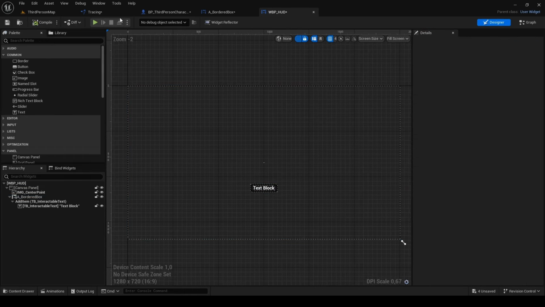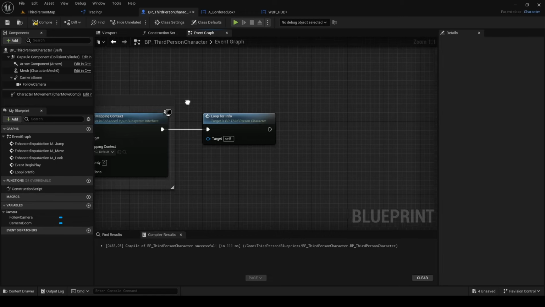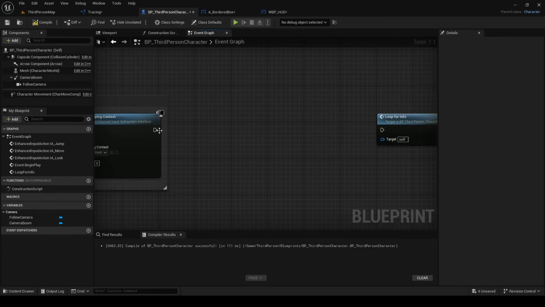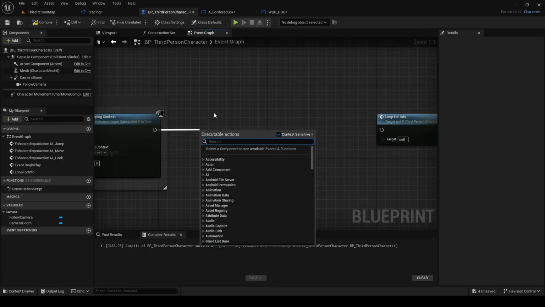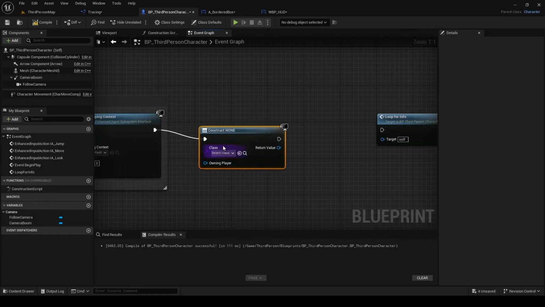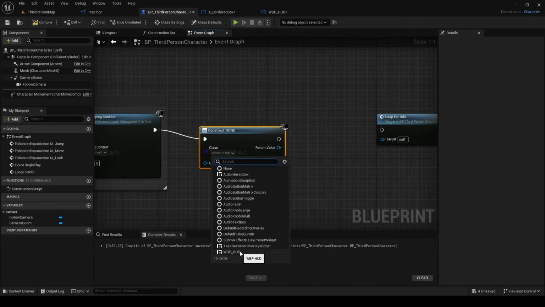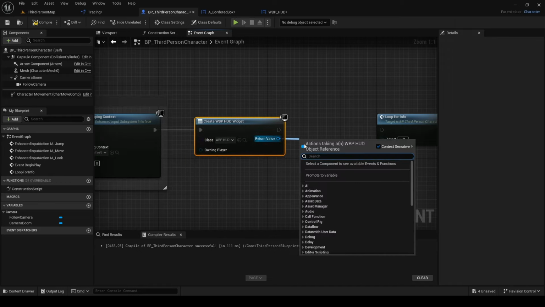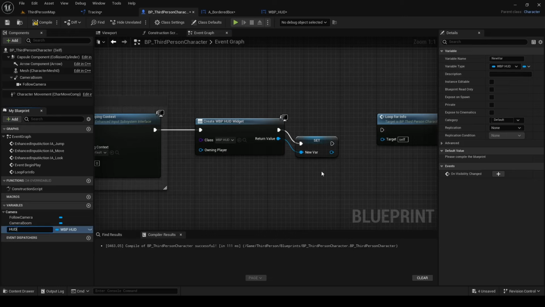Now back to BP third person character. Move loop for info and disconnect it. First we must create the HUD, so add the node create widget. As class select WBP HUD. Promote the return value to a variable and name it HUD.